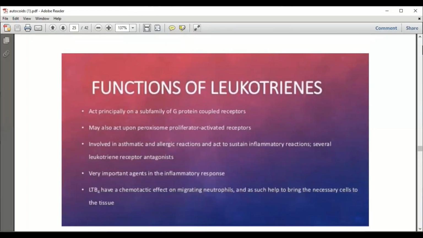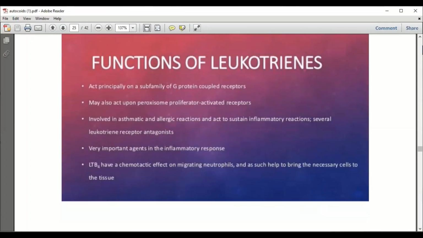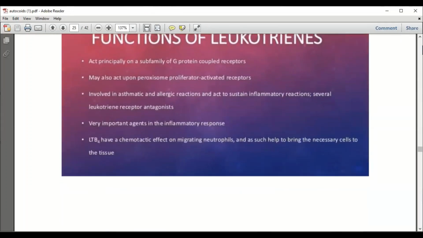Leukotrienes work primarily through a subfamily of G protein coupled receptors. And these G protein coupled receptors are on the cells. So they are receptors which are on the cells of inflammation. They are involved in asthmatic and various allergic reactions, to sustain inflammatory reactions. Several leukotriene receptor antagonists exist. Very important agent in the inflammatory response,